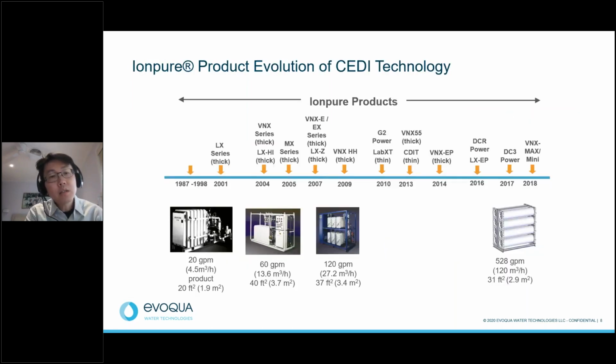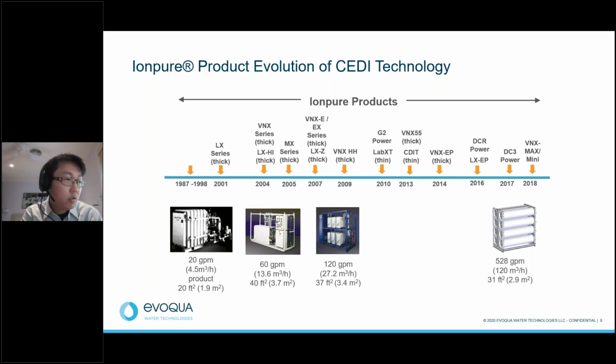So this is a timeline of our products. Basically, the main driver for all these new products is the need to produce a higher volume of water at a lower cost and also a better water quality. So in 2001, we had our first LX series, where there are all of the resins in the concentrate and